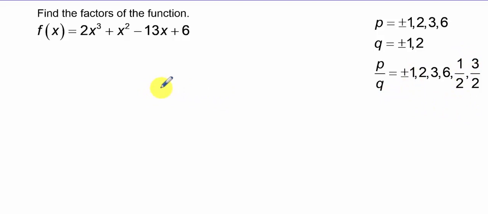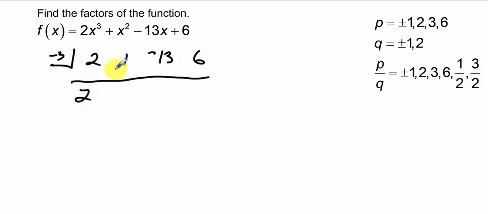So again, I'm going to just go ahead and make a guess. Let's try negative 3, feeling lucky. I put my 2, my 1, my negative 13, and my 6. Bring down the 2, multiply, get negative 6. And I have a negative 5, multiply, I get 15. Put a 2 down here. Oh my goodness, I gotta go to Vegas. I'm so lucky right now. And you'll notice that is going to be a root,